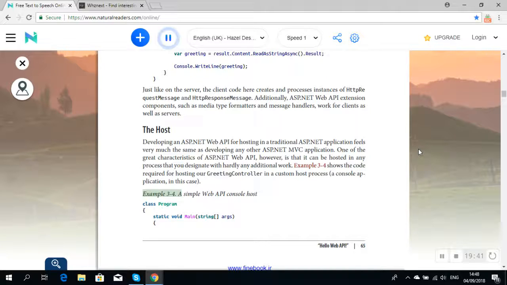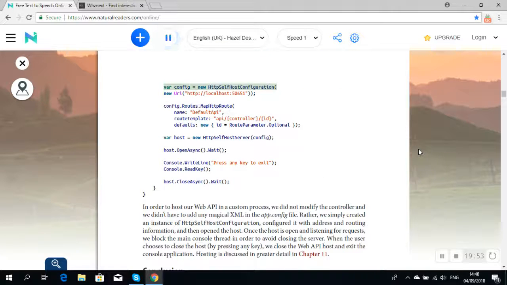Example 3-4. A simple Web API console host. class Program { static void Main(string[] args) { var config = new HttpSelfHostConfiguration(new Uri("http://localhost:50651")); config.Routes.MapHttpRoute(name: "DefaultApi", routeTemplate: "api/{controller}/{id}", defaults: new { id = RouteParameter.Optional }); var host = new HttpSelfHostServer(config); host.OpenAsync().Wait(); Console.WriteLine("Press any key to exit"); Console.ReadKey();